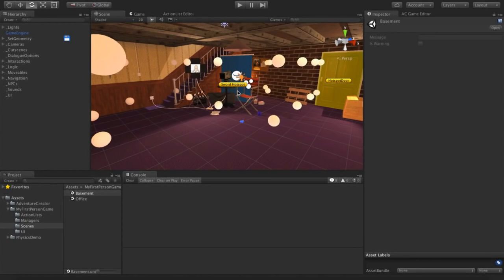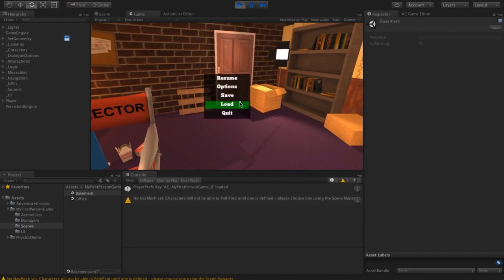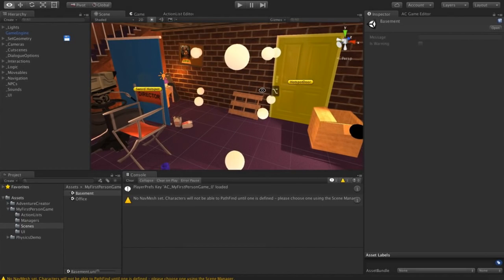We're almost getting to the end of our game here. The last big thing we need to do is manage our saving and loading. Now, saving and loading through the default interface is done by pressing the escape key and going to either the save or load submenu. Now, Adventure Creator will always save everything that it knows it needs to. It knows it needs to save the state of your variables, your inventory, where the player is, what scene you're in, that sort of thing.